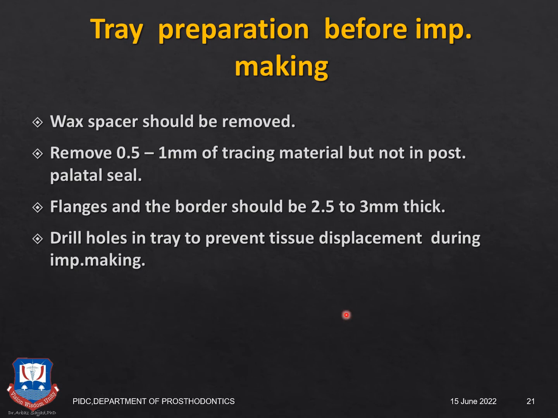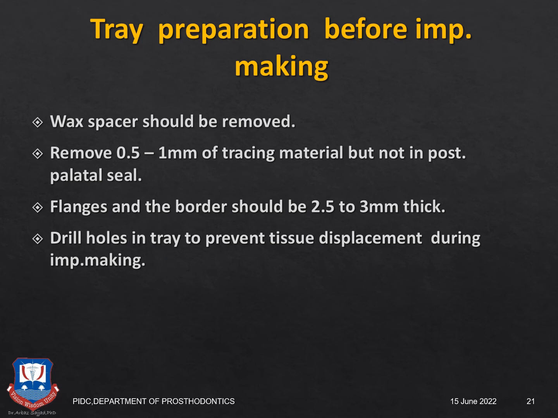And then the tray is prepped before making the final impression with zinc oxide eugenol, or any final impression material of your choice. The wax spaces are removed to create space for the final impression material, and then holes are made on the denture bearing surface or the basal seat area of the tray to create relief holes for the excess impression material to come out, and to avoid putting excessive pressure on relieving structures such as the incisive papillae, the mid palatine foramen, and the